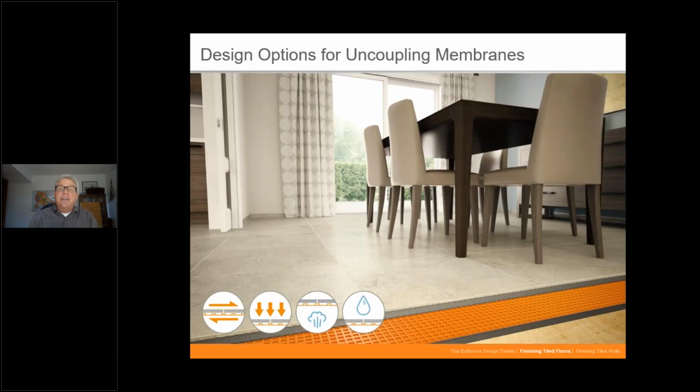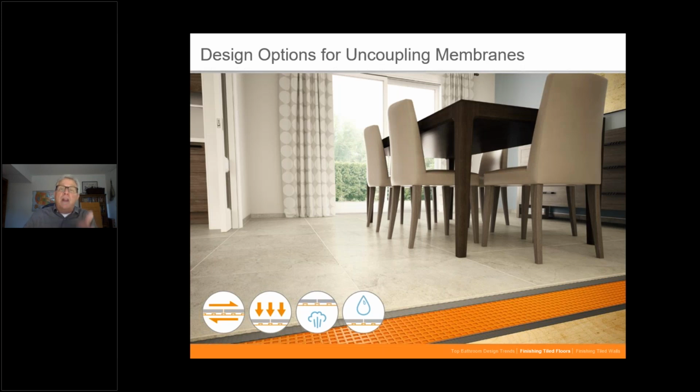So these are nice because not only do they give you that function, but they're also going to allow the tile to support any weight that it's suitable for, and it will prevent any moisture content from, say, on top in a bathroom, a kitchen, a mud room, a laundry room, from any of that moisture getting down into maybe a moisture sensitive building material like a plywood or an OSB or maybe a gypsum screed that's in under there,